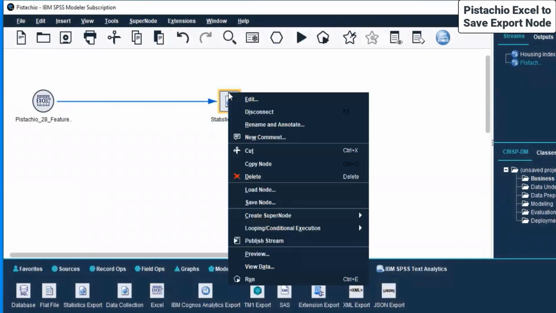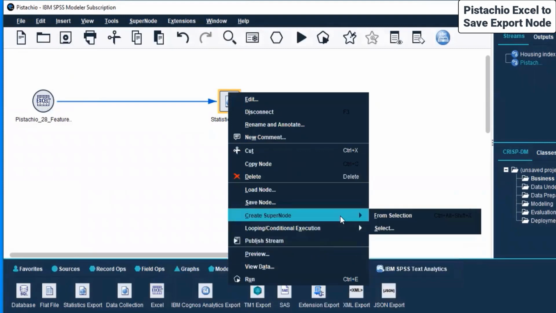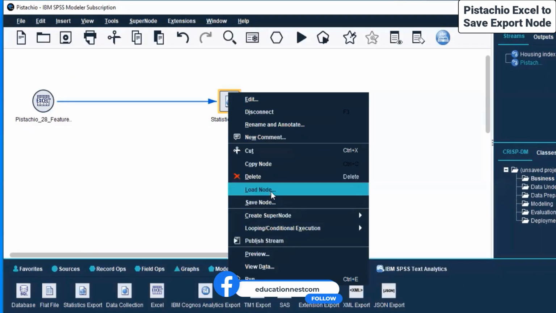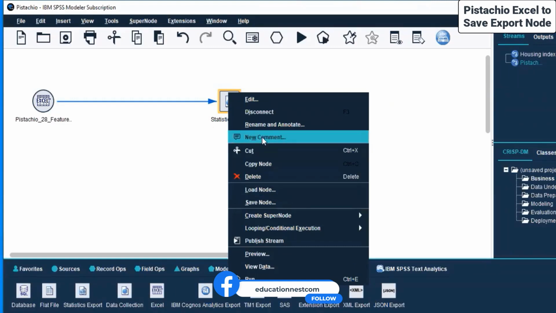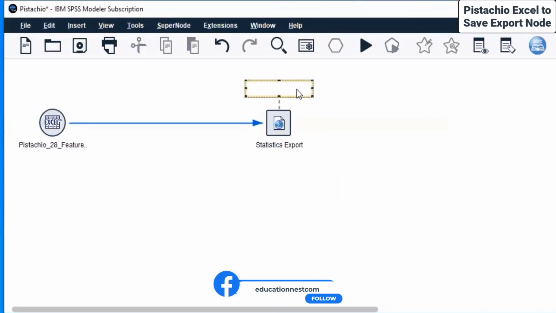So this export that we have here, we can now publish the stream also. We can also loop conditional, we can create, you can save this node, you can also load this node. Now let us add a new comment over here. So what is this? This is a Pistachio